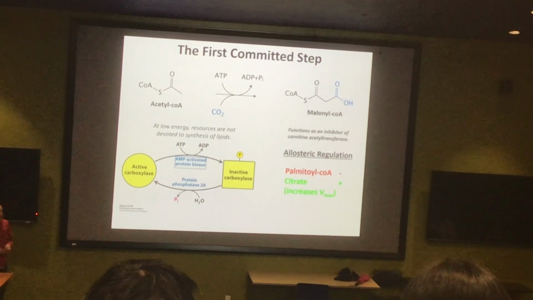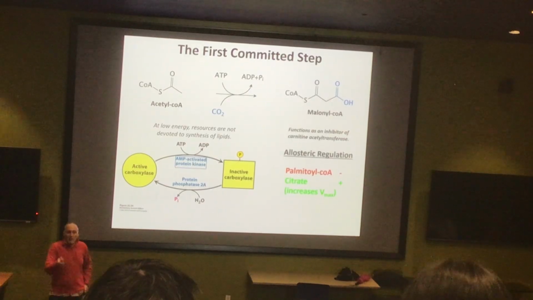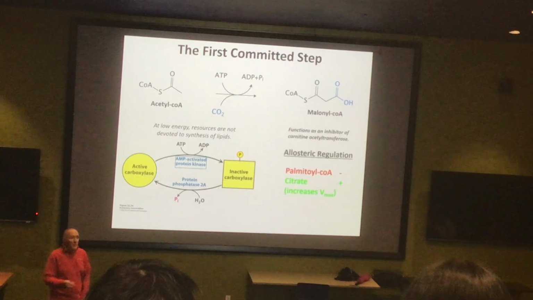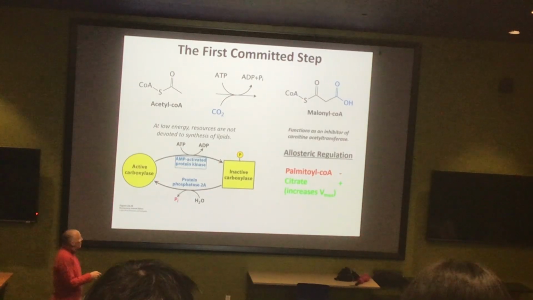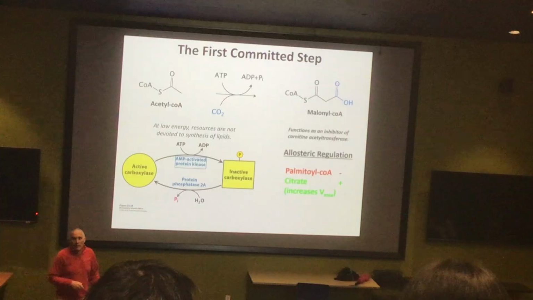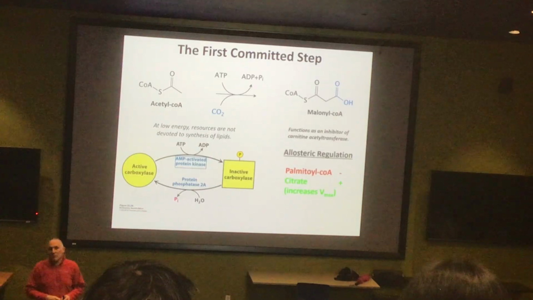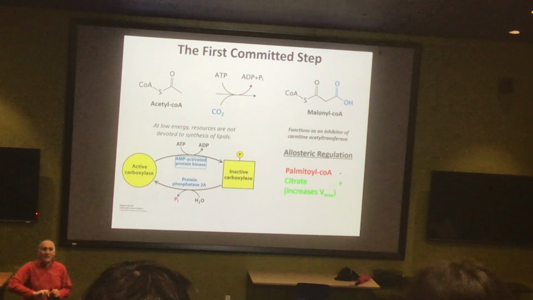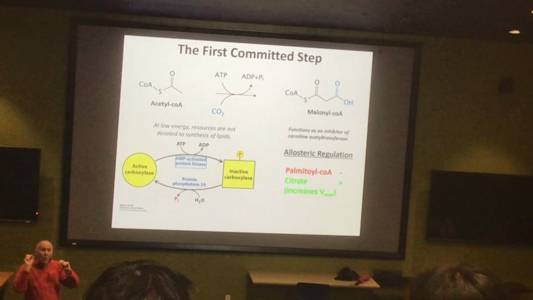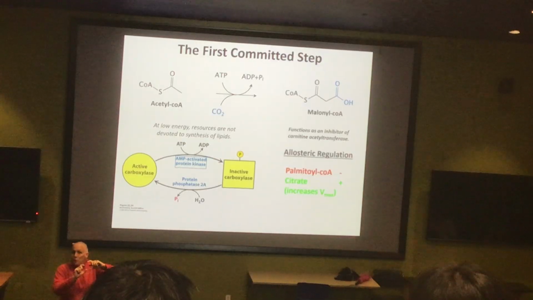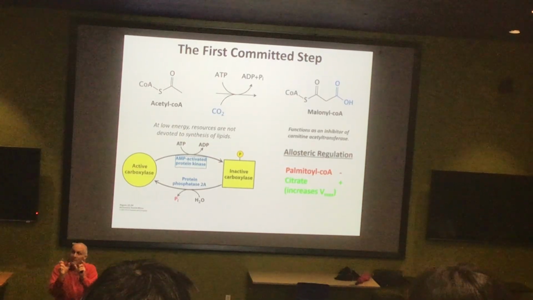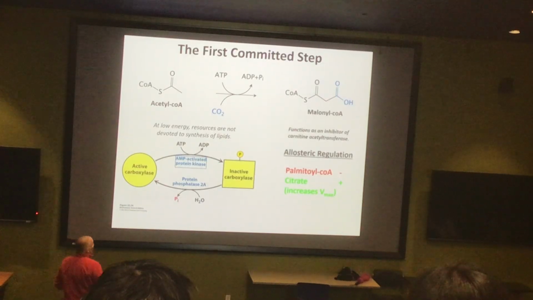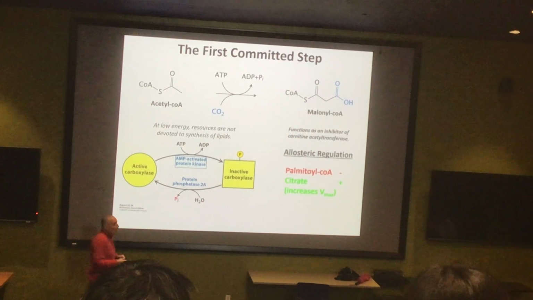Interestingly enough, the only other thing that I wanted to tell you on this slide, which again is another important mode of regulation, is that this malonyl-CoA is not only used to make lipids, but it is also a negative allosteric regulator of the carnitine acetyltransferase. You may recall from our previous lecture, the carnitine acetyltransferase is the enzyme that starts the process of attaching our molecules onto the carnitine, so the fatty acids onto the carnitine so that they can move across. So this molecule, malonyl-CoA, is actually inhibiting that process, which kind of makes sense.